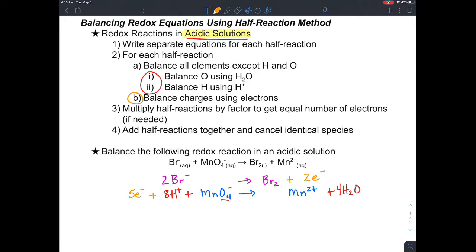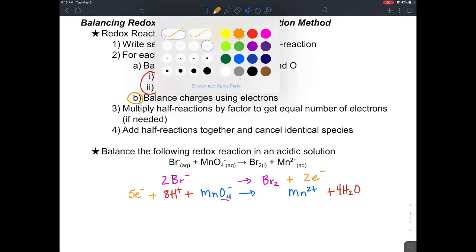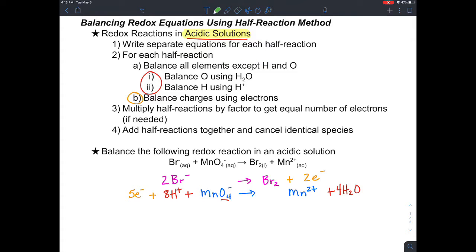Now we have to multiply our half reactions by a factor to get an equal number of electrons. So let's do that. Here's our step 3. We're going to multiply each one. In the top one, we're going to multiply by 5, and the bottom one by 2, so we have the least common multiple of 10. So I'm going to multiply by 5 for the top one, and by 2 for the bottom one, and so that's going to give us 10, 5, and 10, and then we're going to have 10,